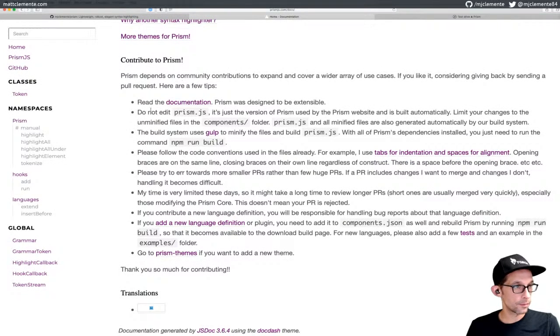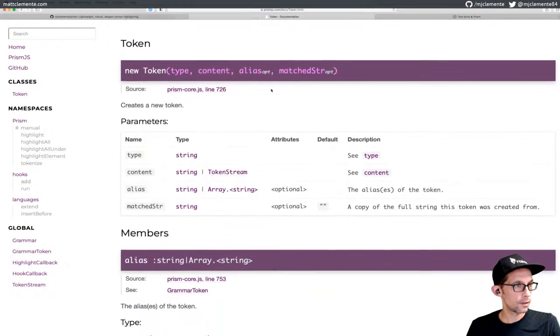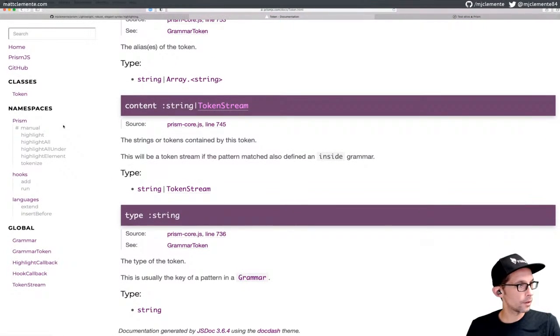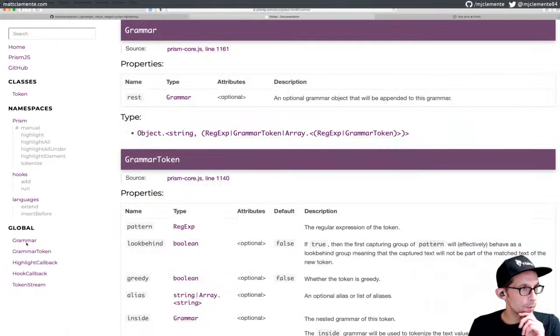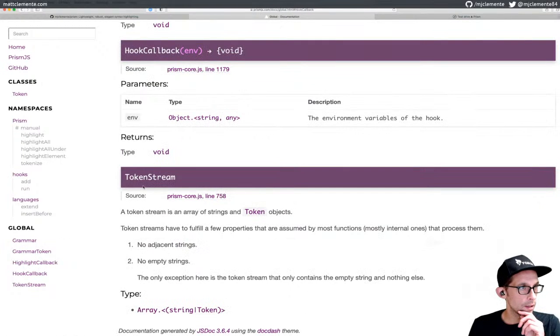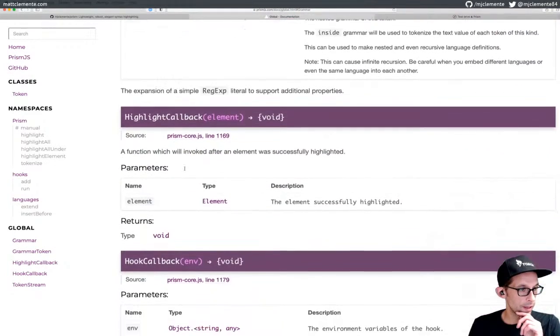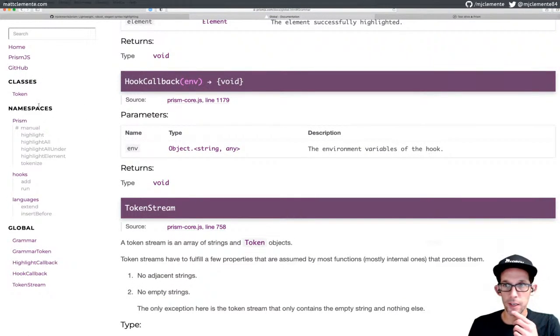Read the documentation. Okay. Token. Creates a new token. Type. Prism manual. All right, so I think what I want to look at is callback, grammar. I don't know if that's from within it. I'm trying to figure out what the specific